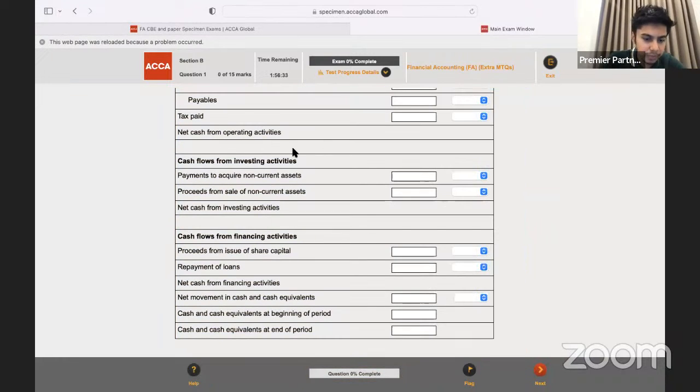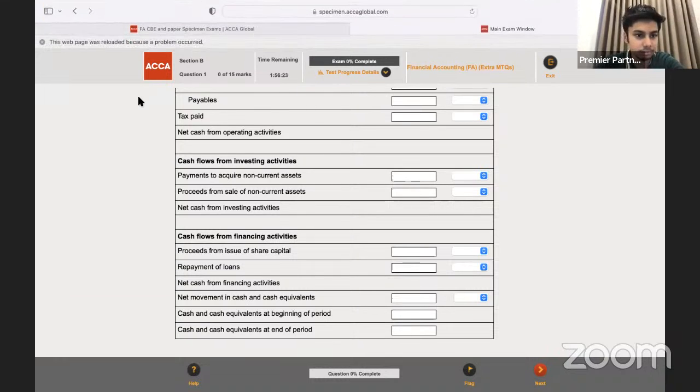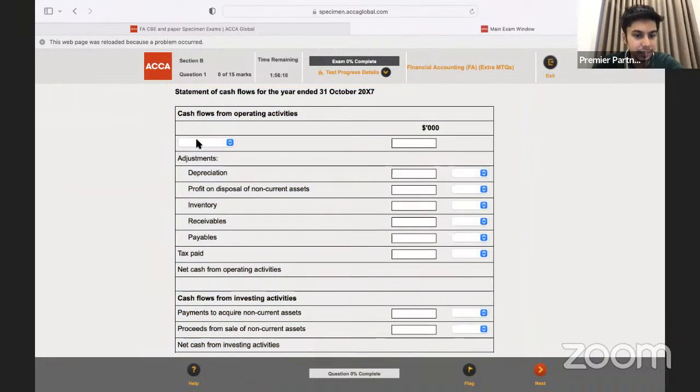Once you go through the format over here, you will easily be able to understand what is needed. So it's just a matter of going through the format and picking up the numbers. That's all. Unlike our advanced level, cash flows are not that difficult because they will tell you these are the things we want. So you search for that and quickly copy it. So for an example, over here,